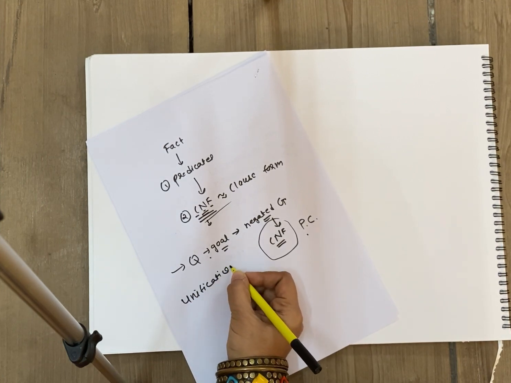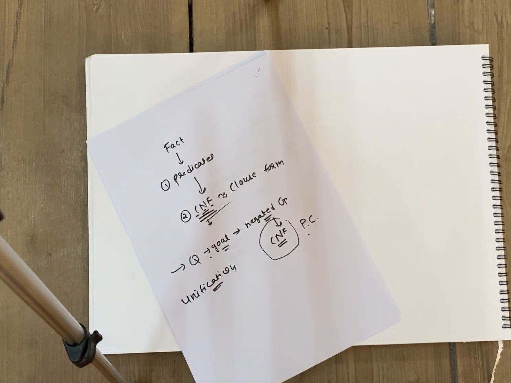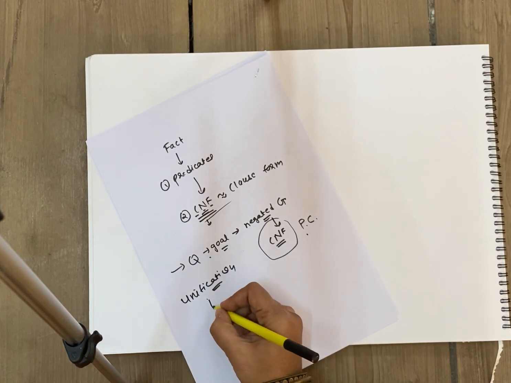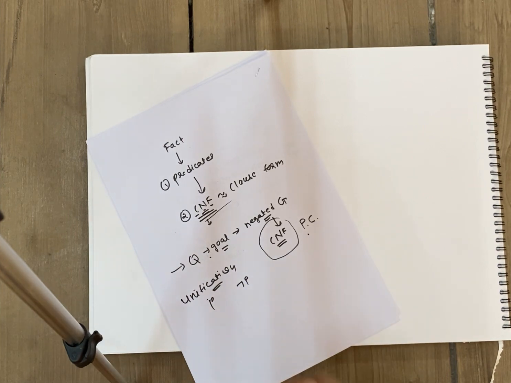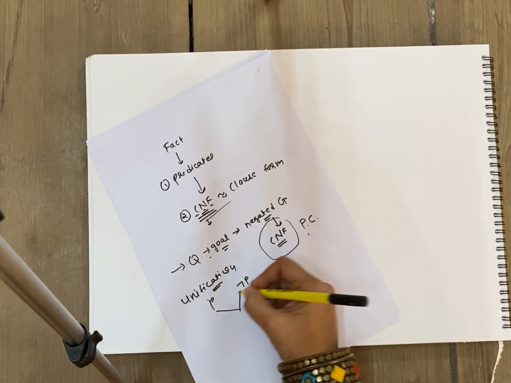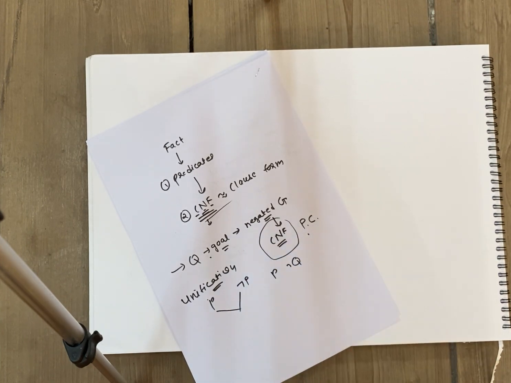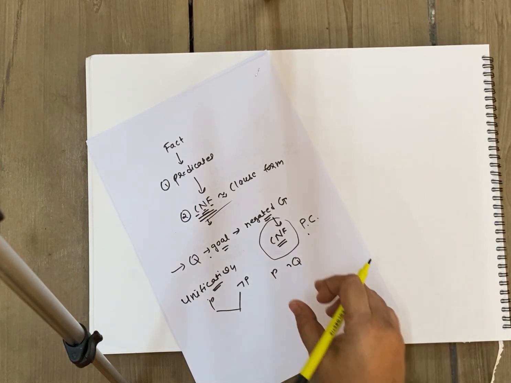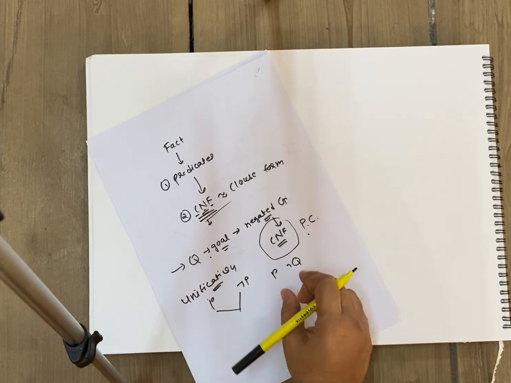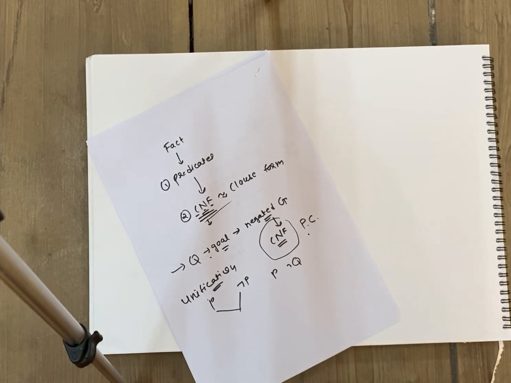What we had discussed in unification is that two propositions, if they are identical, then only can we consider P in positive context and P in negative context as a contradiction. I cannot consider contradiction between P and Q, even if one of them is positive and the other negative, because both are giving you different information. So for considering parent clauses or for considering contradiction, we need to first of all try to unify them. So that unification algorithm with example we had been discussing in the last lecture.